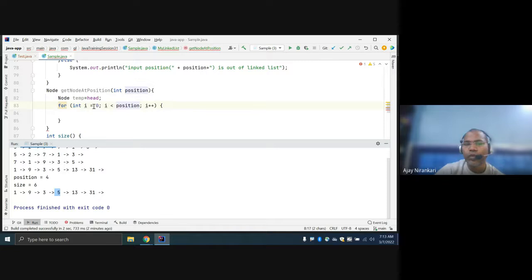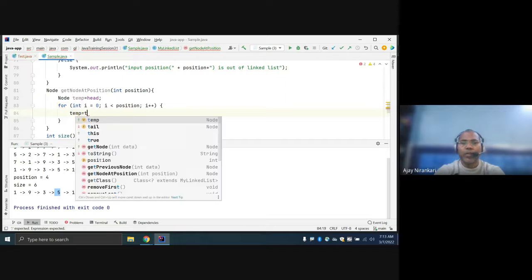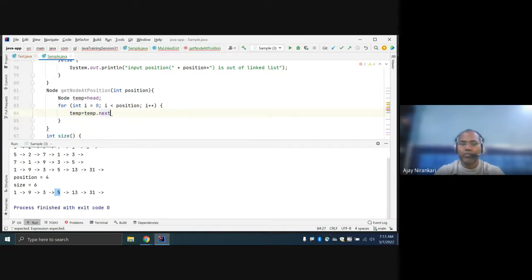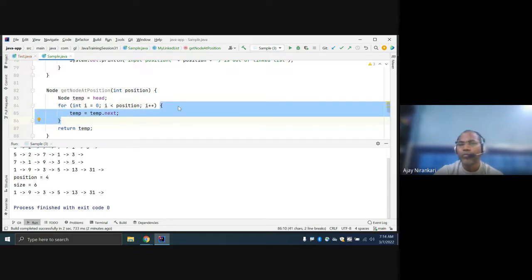You run the loop to the fourth and just say temp equal to temp dot next, and after that just return temp. Right? You have the position, the same position, you just traverse from this to this to this. Now you are getting the node, and you return the node once you are out of the loop.